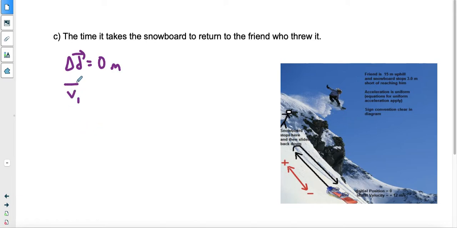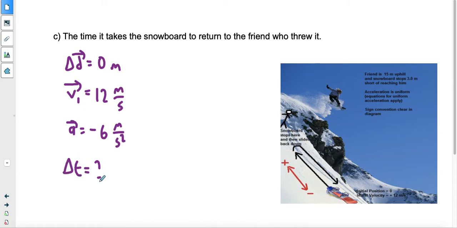Again, we know the initial velocity here is going to be 12 meters per second. We know the acceleration from part A is going to be -6 meters per second squared. And we want to find how long this took. So you'll notice we're not given the final velocity, and we're not trying to find it. So we're going to want to use the final velocity independent formula, which is